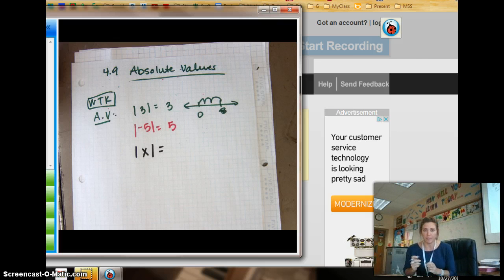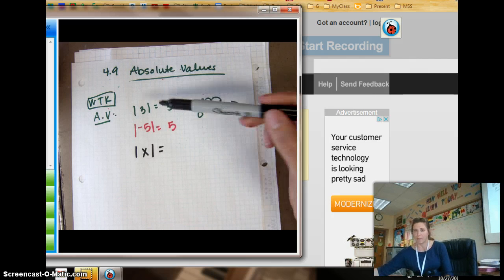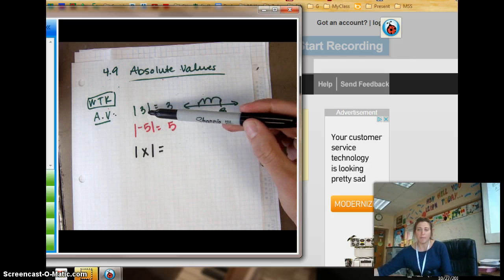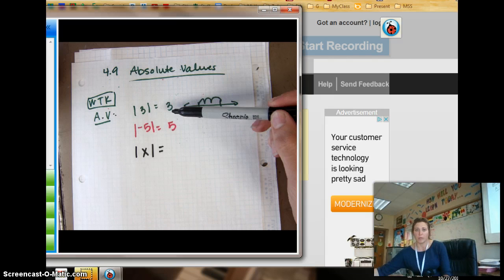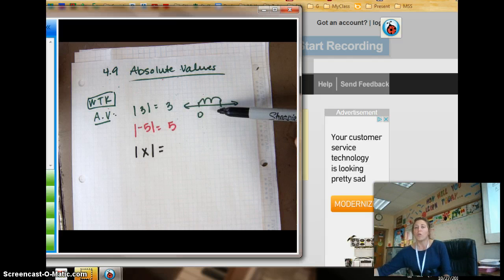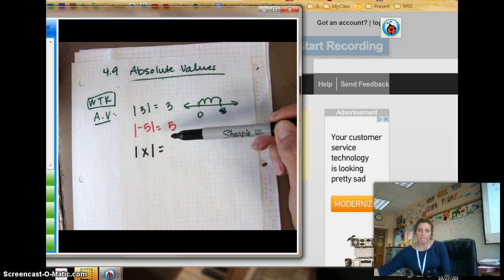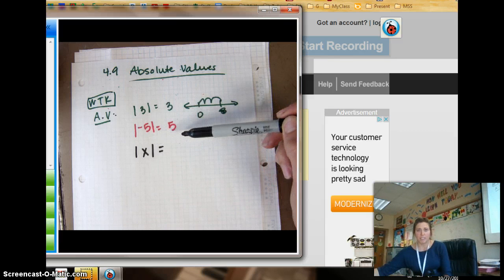Okay, so we're talking about absolute value here today, and it's going to be 4.9. We've got one word to know, which is absolute value. So we're going to start with just the absolute value of 3. When we have the absolute value of 3, we know that it's 3 because it's 3 away from 0. When we have the absolute value of a negative 5, we know that it's 5 because it's 5 away from